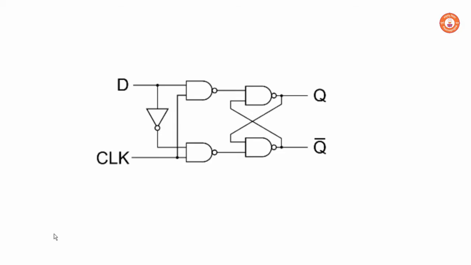Let's check it out. In a D flip-flop, we have two inputs, but independently there's only one input. So one input is given to one of the NAND gates and the same input is complemented and given to the second NAND gate. We have an output Q and a complement of that output, which is Q complement, the same as in the JK flip-flop. So let's see how the circuit behaves.